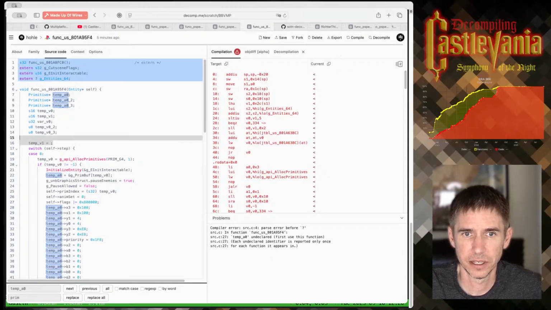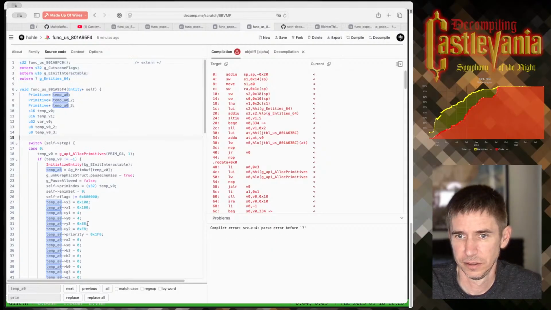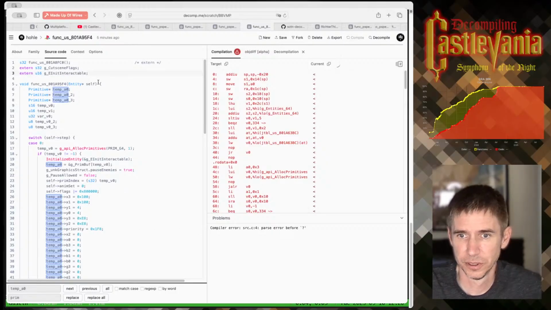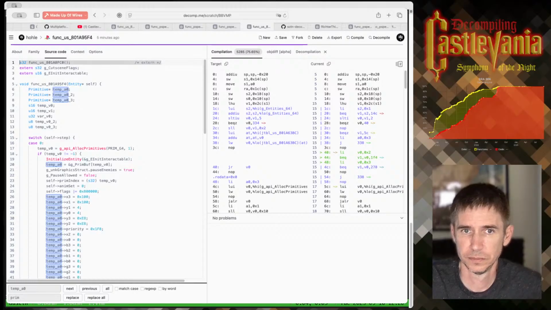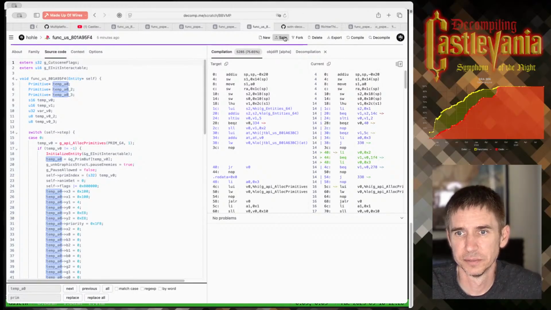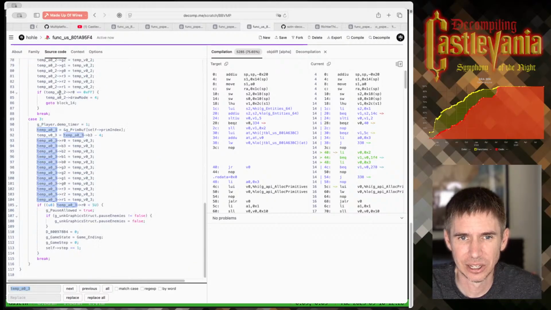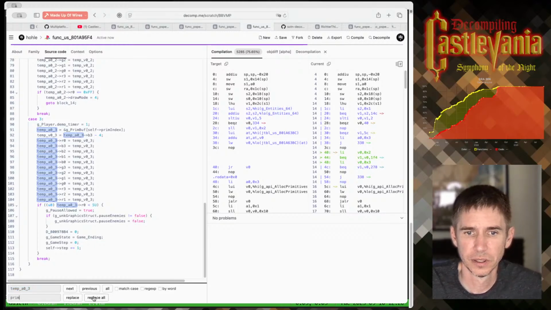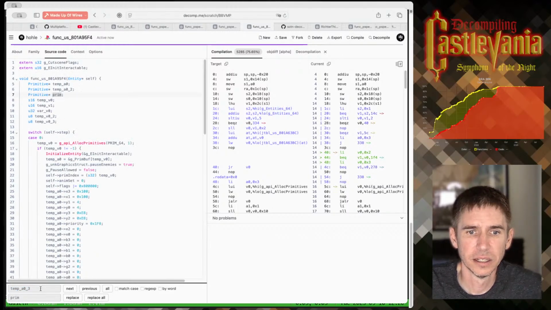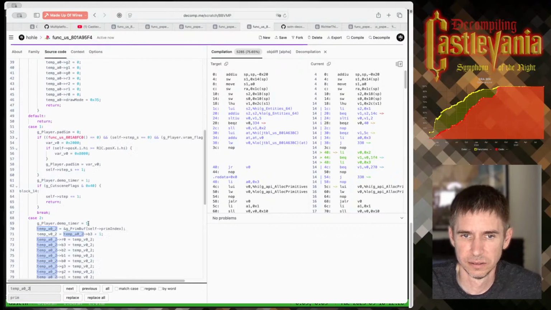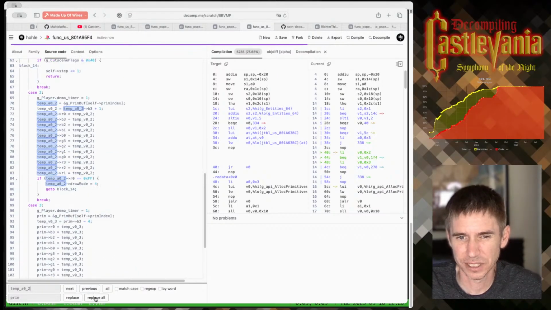Oh, did I ever get a... I want to get a match before... Or, sorry, not a match. I want it compiling before moving on. My guess is that I can use prim as a variable for all of these. Yeah, it looks like it. So I'm going to replace them all with prim and assume that they never conflict.